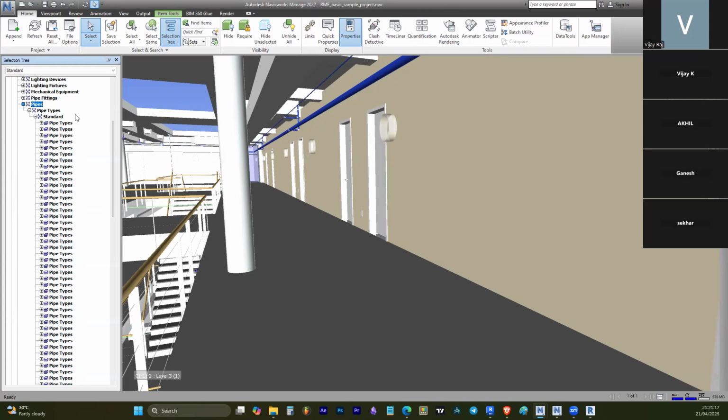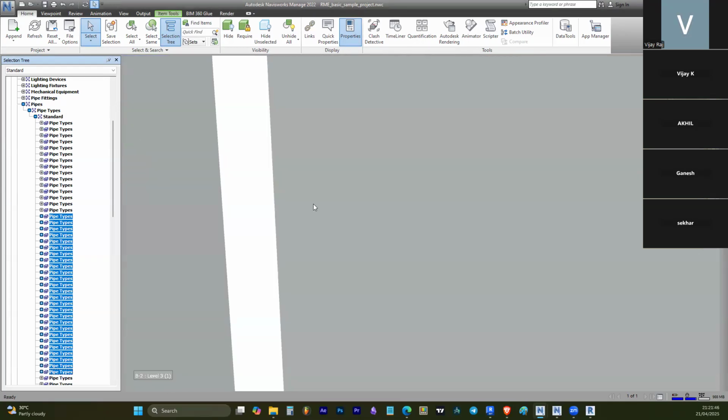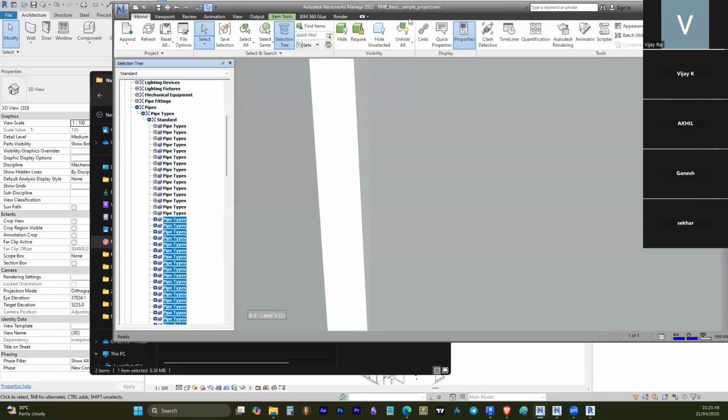See what? You can see the small pipe, the big pipe, the joint pipes, every pipe got selected. But I want only this row of pipe to be selected. So if I click this standard one, again every pipe got selected. Maybe if I click this one, and I press the shift, and if I want